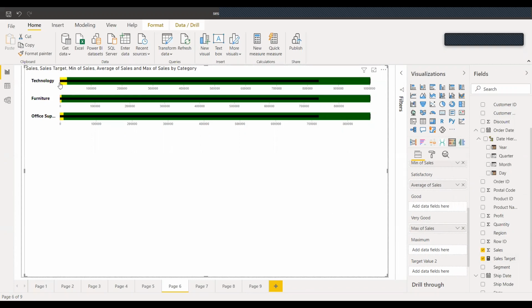if you see, there's a small shade of red, that means that part is need improvement. The yellow means it's a satisfactory sale, and the green means a very good sale. So if we have this value for each category, then it would better represent our data. This kind of visualization is used for any target based data. So every sales employee gets his target. For those kind of data, this could be helpful because it will categorize our sales in that way.